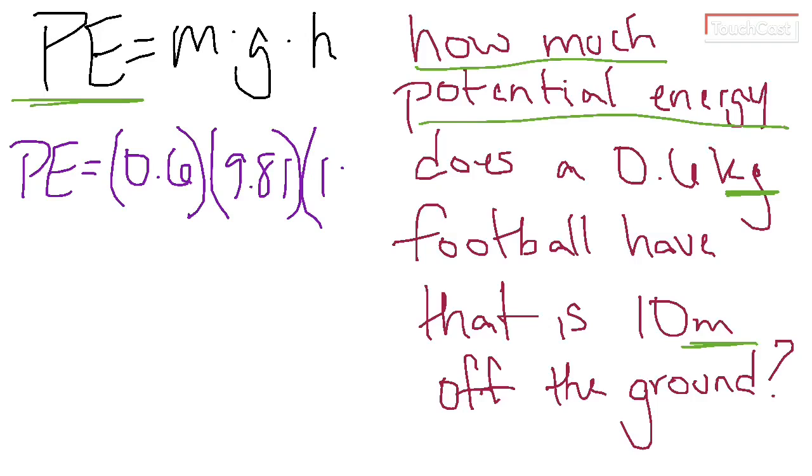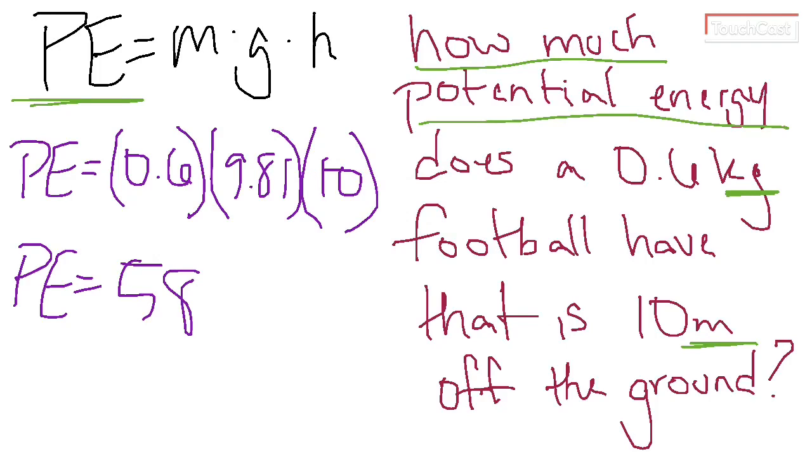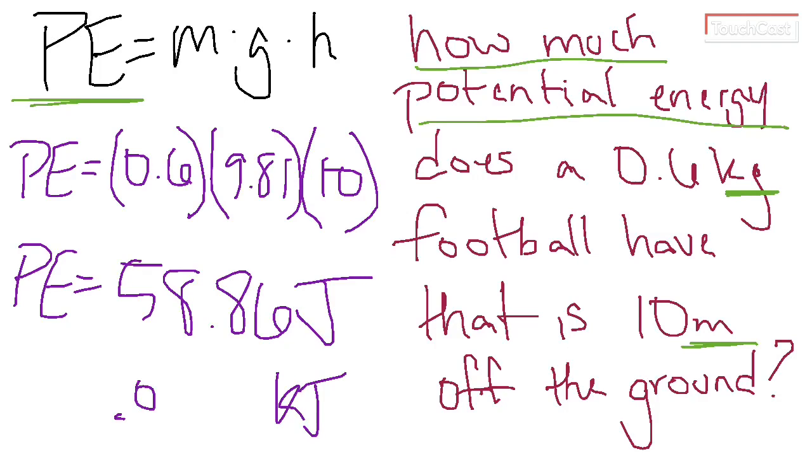And height is 10. Now that I've plugged in all of my numbers, all I have to do is multiply them across. And I find out that that football has a potential energy of 58.86 joules. Okay, and that's a pretty small number as far as energy goes. A lot of the time energy is mentioned in kilojoules, and so this would be 0.058 kilojoules, and that's not